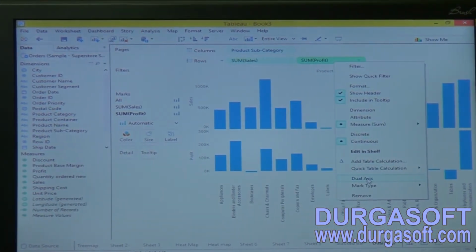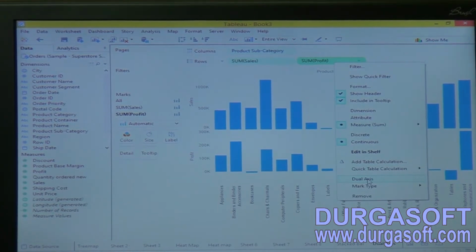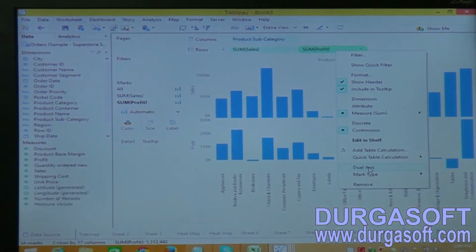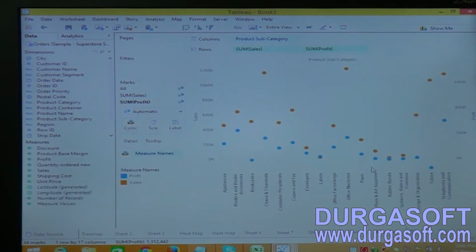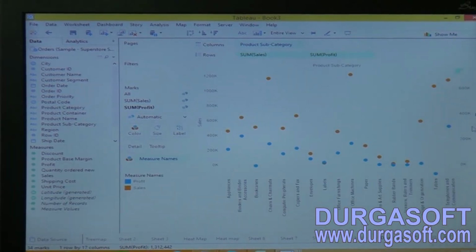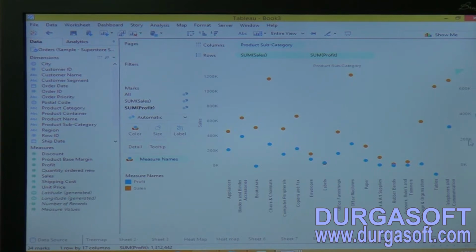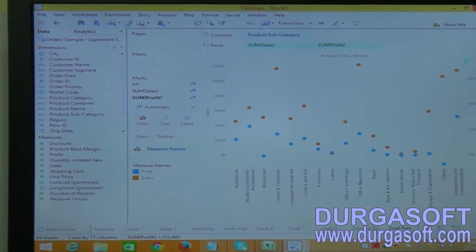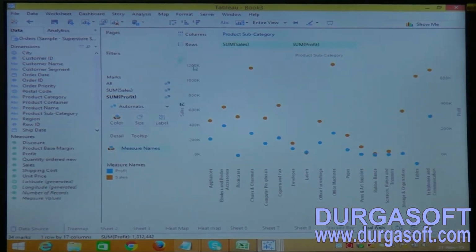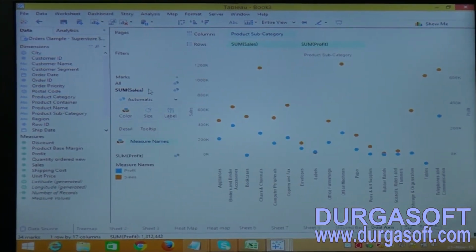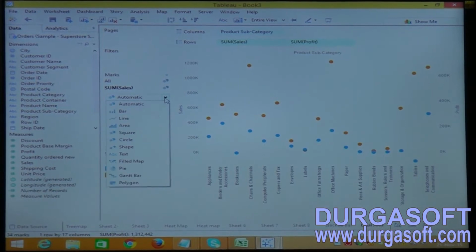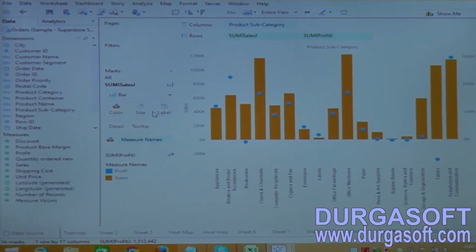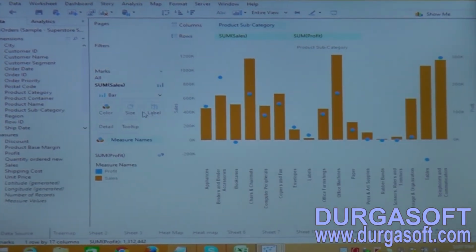When you click on the dual axis, the profit is on the right side of your view, but sales and profit are both represented as circles. Let me select different marks for the different measures. Now click on the sales and select the bar. Now the bar is representing the sales information.